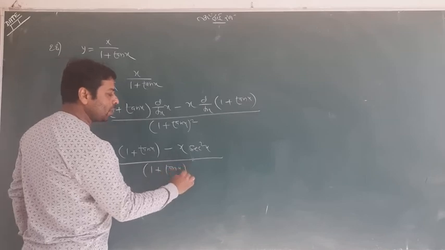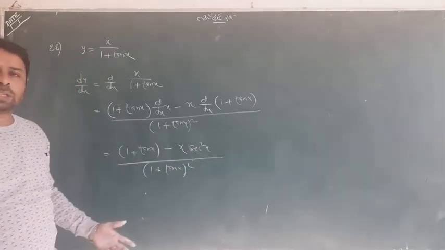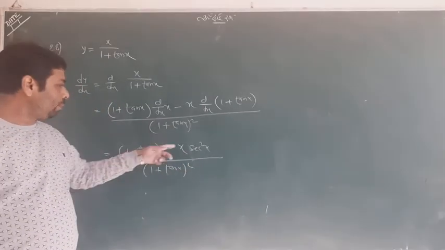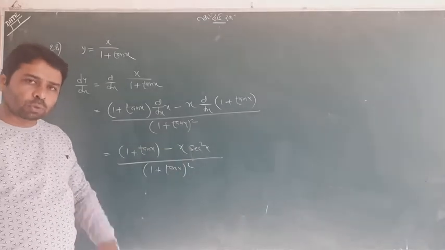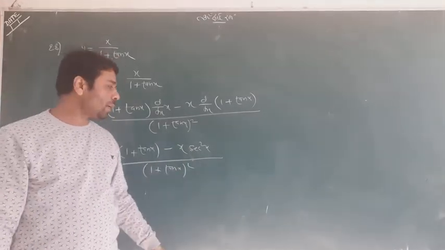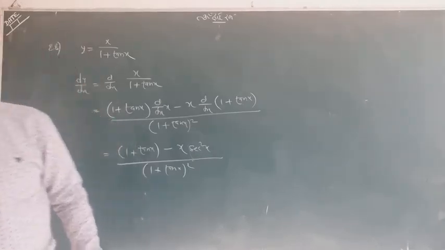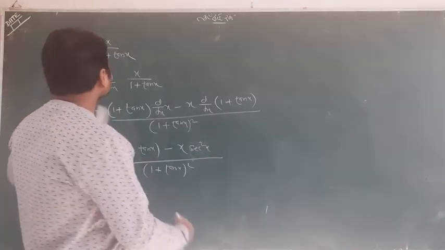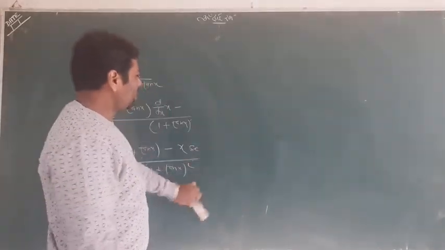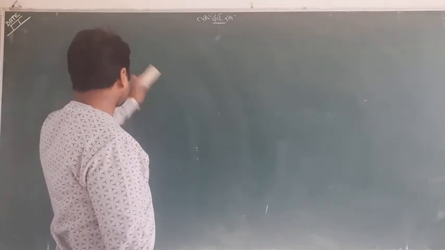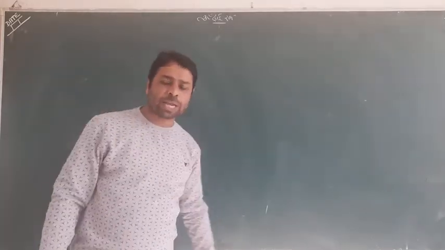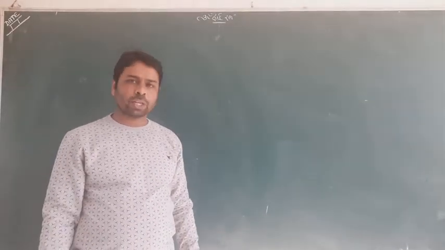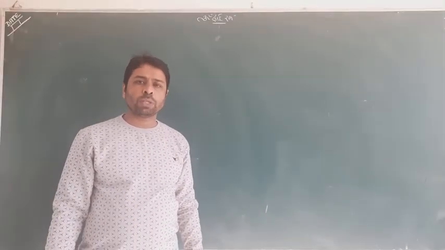Why is it the answer? Because after it, nothing more will happen. There is no term or anything else that can be simplified. So I think we can drop our answer right here. So hope students you have got it now. All questions are very similar. Those questions I left depend on a concept which is actually not in the book. That will come in class 12. So definitely we will see those questions at that time.